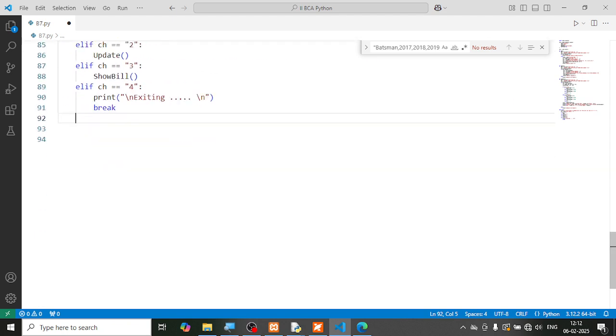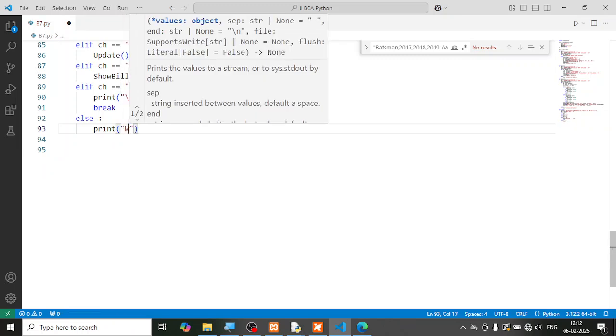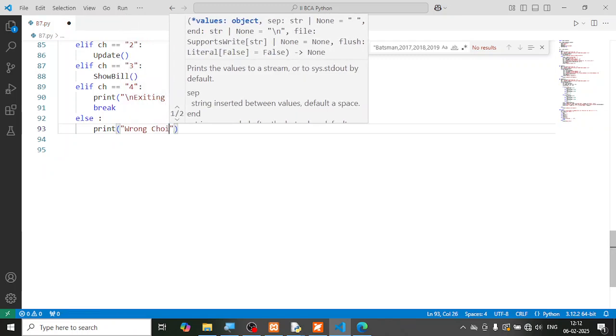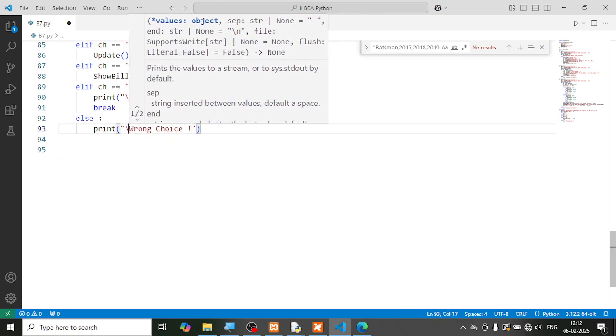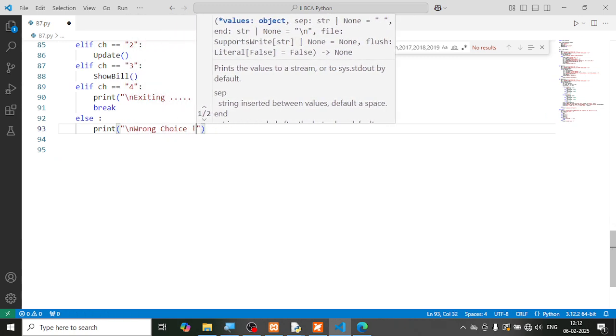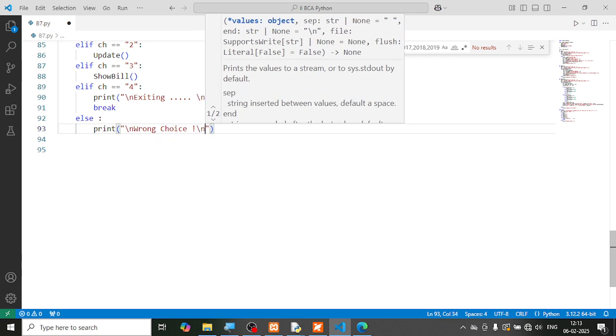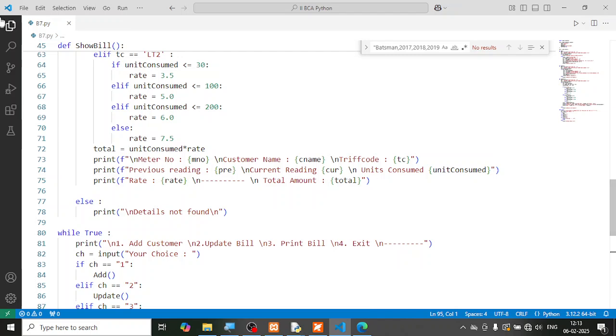Okay, else print and say wrong choice. Use \n. Hope I have not done any mistake while typing or other thing. So let's save it